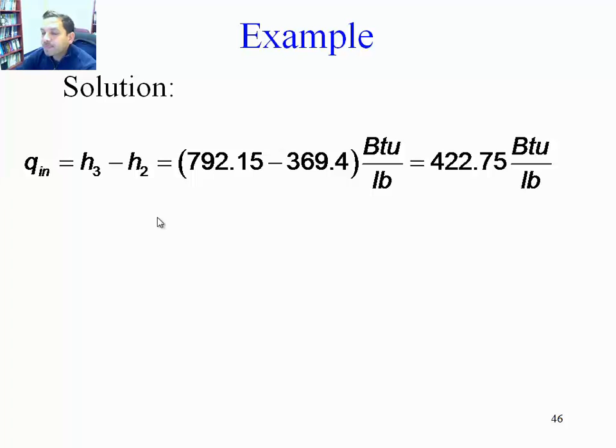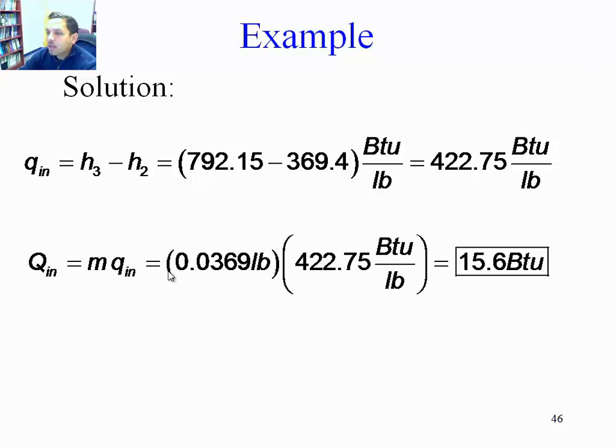Qin is the enthalpy change from 2 to 3, after we implemented the first law of thermodynamics. That's 422.75 BTU per pound. Qin is therefore mass times qin. The mass is 0.0369 pounds, times that value is 15.6 BTU. So there's an addition of energy to the air of 15.6 BTU due to combustion in the isobaric process from